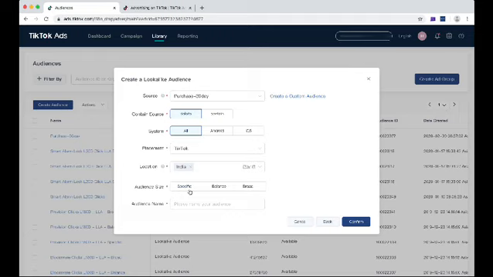So specific means they will be more specific to your audience, and broad means the category will be broad. So for example, when I select specific, the size could be, let's say, 1 million. So these are 1 million audiences who are very similar to